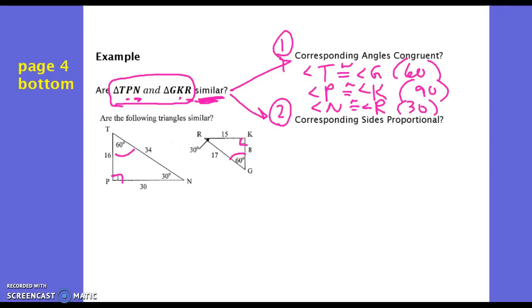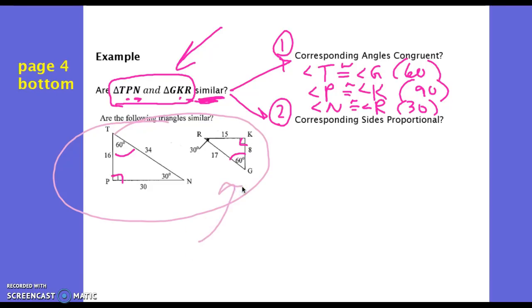Now what we want to do is compare the sides to see if they are proportional. So again, you want to go back up here to the order of the letters to see how the sides match up, because with the pictures you're given, a lot of times the triangles aren't clearly matched up where you just slide one next to the other. This one is rotated, so it's not as clear which sides are matching. So look at the order of the letters. TP is the first 2 letters, GK is the first 2 letters of the second triangle. So TP over GK should equal